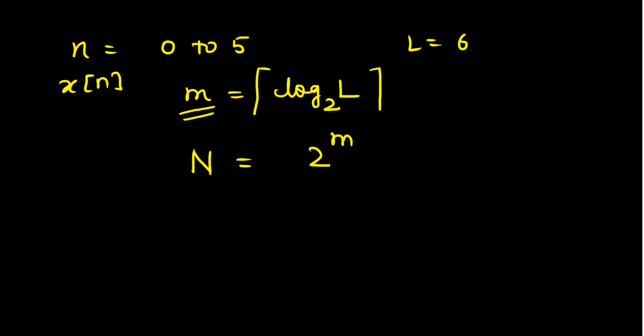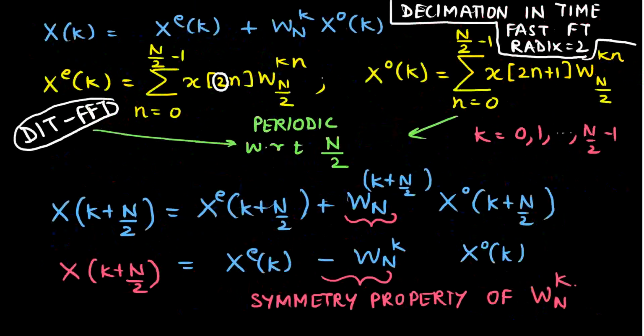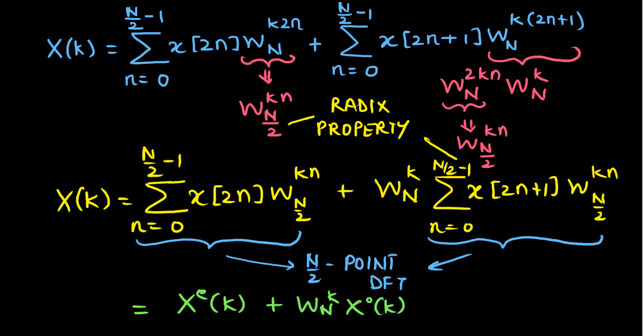So in this lecture we have tried to derive an algorithm for faster implementation of the Fourier transform, in which we just split the initial Fourier transform equation into two parts, considering n as even and n as odd. So we get these two expressions, and when we solve it, we are left with